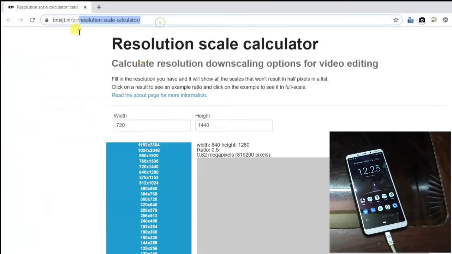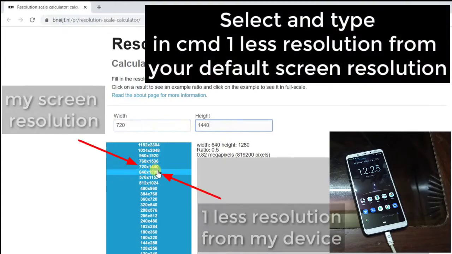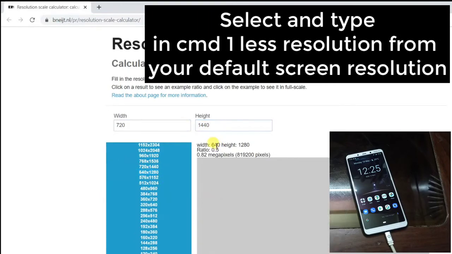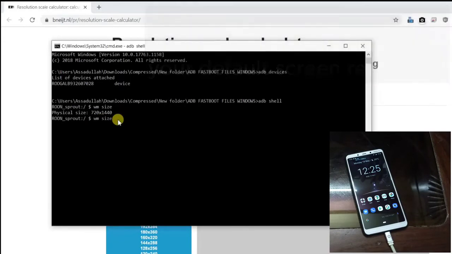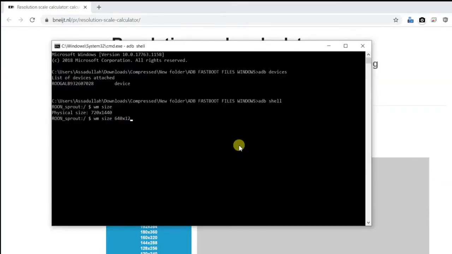So you have to go to a website. You can get the link from the description, and here you have to type your width and your height and then hit enter. Then it will give you the list of all supported resolutions by your device, and you have to click on the one less resolution of your device. Means the default resolution of my device is 720 by 1440, so I will click on the one less resolution from my device. So one less resolution from my device is 640 by 1280, so I have to click on it